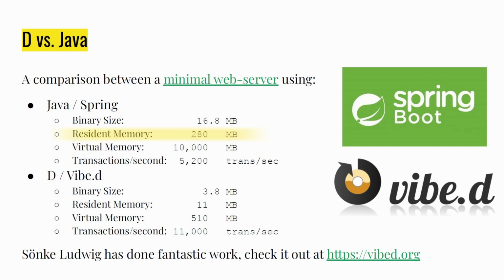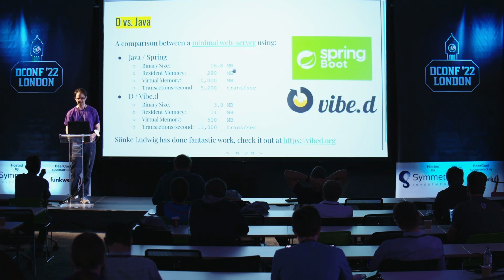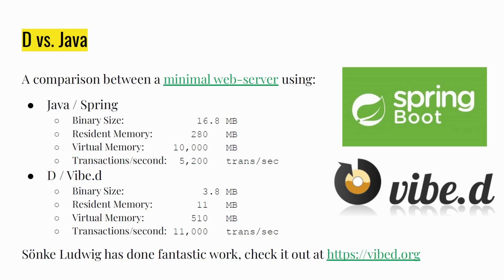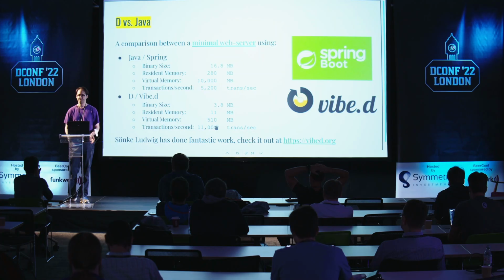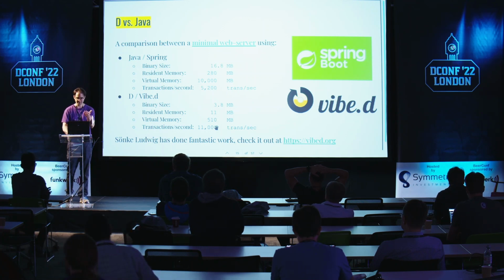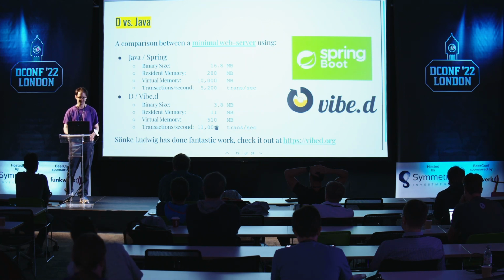And the exact same algorithm, doing everything the same, using the D language and the vibe.d framework from Sönke Ludwig. There, it's a much smaller amount of memory, less than 5% of the RAM being used, a fraction of the virtual memory, and about double the performance in terms of raw transactions per second. Now, of course, you're not guaranteed to have everything translate this cleanly, but this is just a small example of how even such a small thing as the programming language can have significant impacts. I mean, in this case, it's a 100% difference in terms of output.